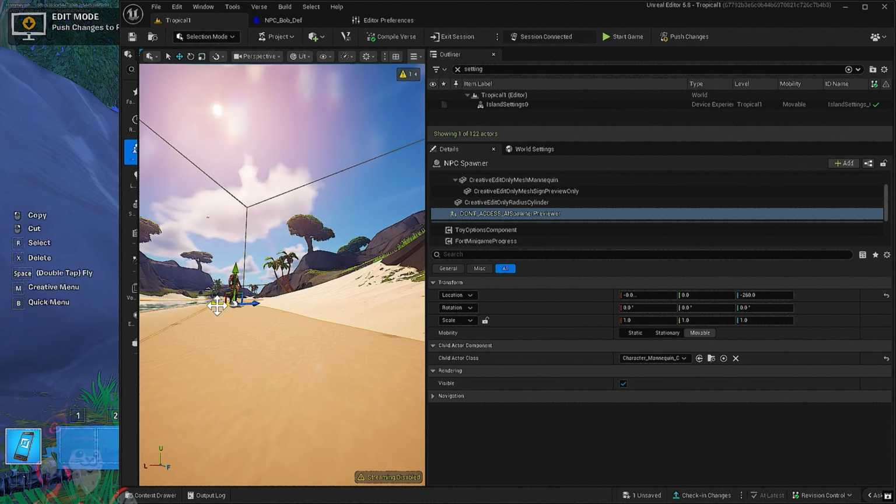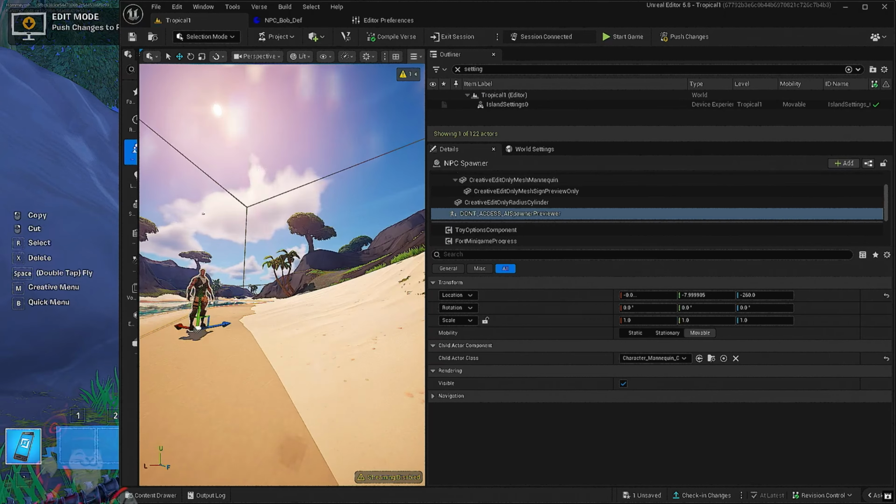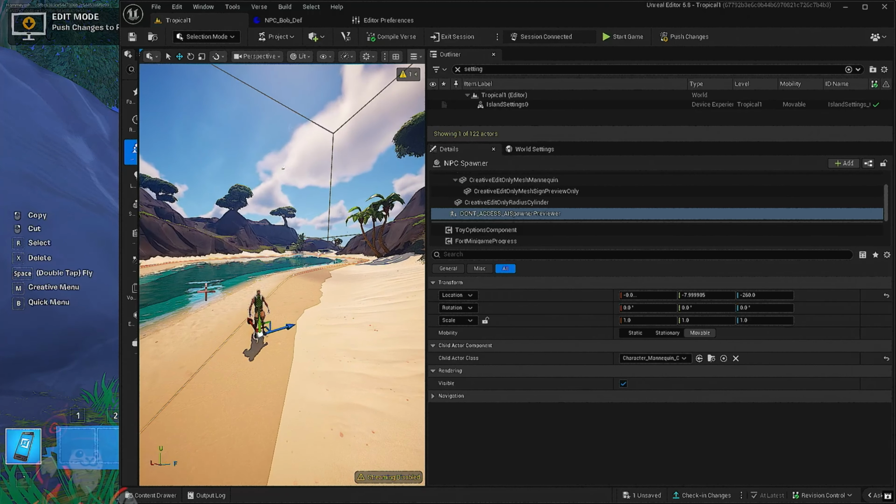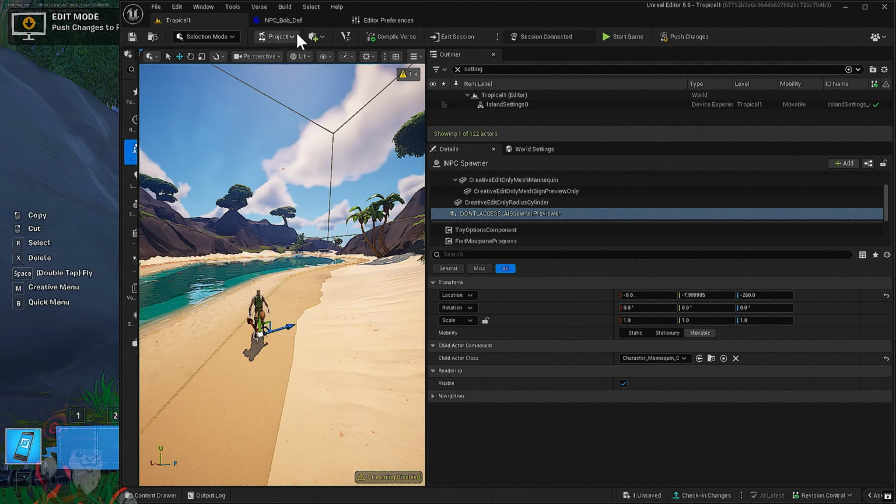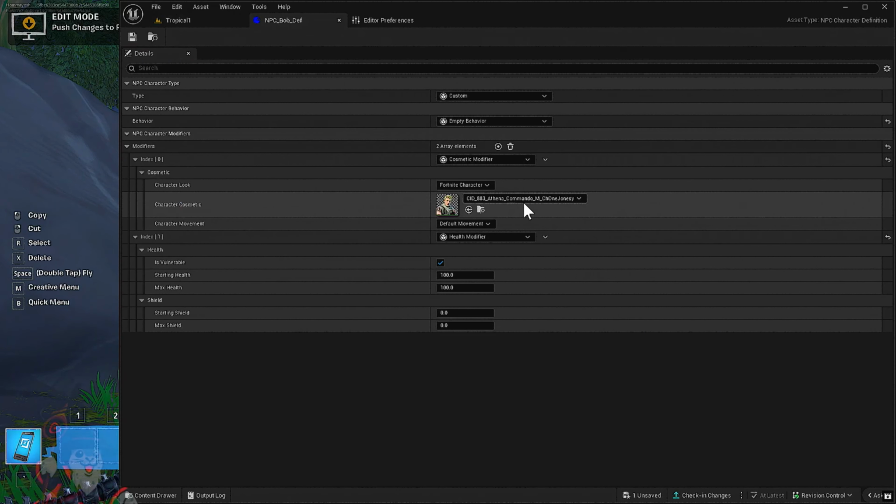I'm just going to go ahead and put him on the flat surface. I'm going to hit end. Okay, he looks good. Now we'll just go ahead and mess with the settings. Okay, so we're going to go back to the settings that we were creating,